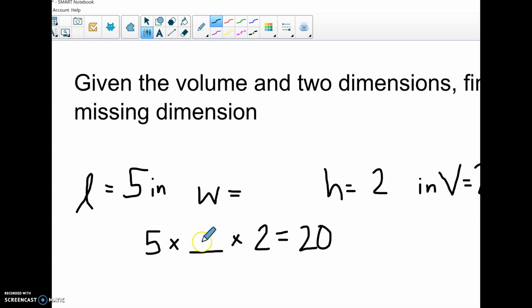So we're trying to figure out what is this number. 5 times what times 2 equals 20. Okay, well 5 times 2 is 10. So 10 times what is 20? Okay, 10 times 2 is 20. Another way to do it is to do the inverse. So if you want to know, well, what is this number? We would know